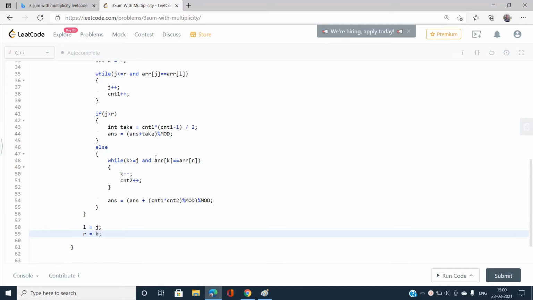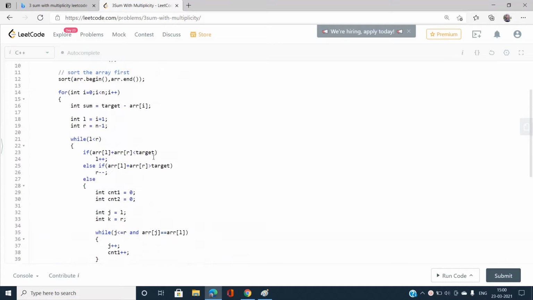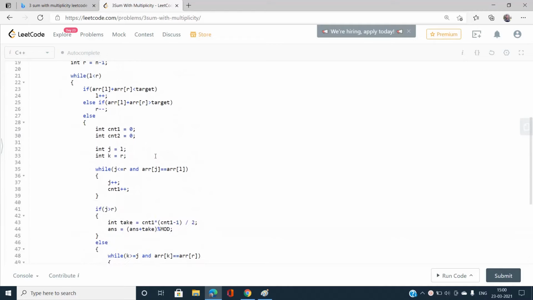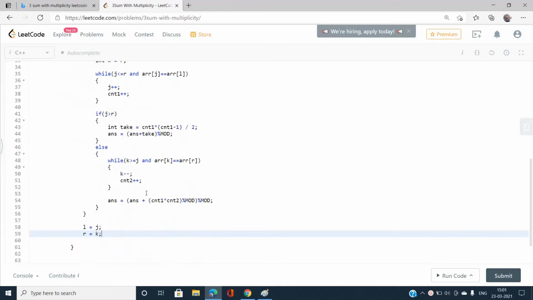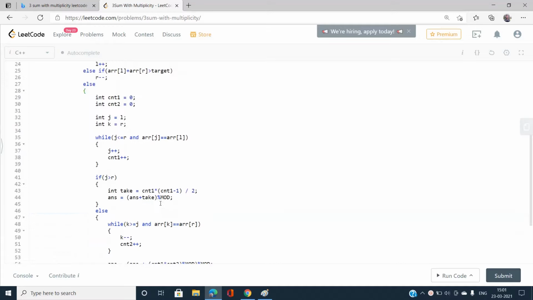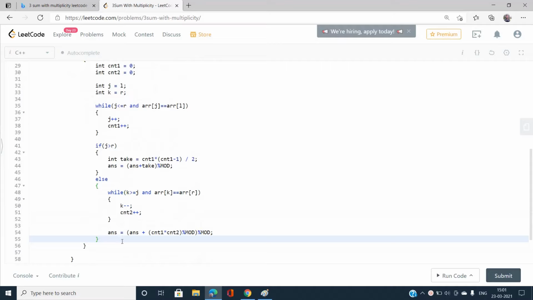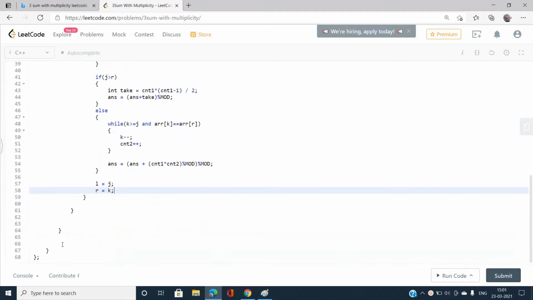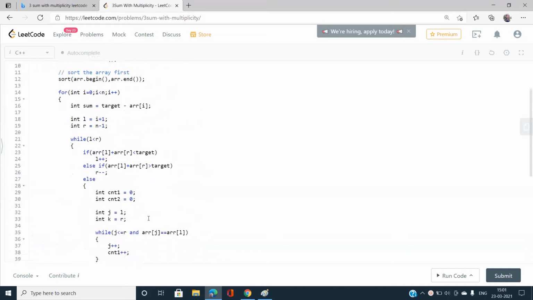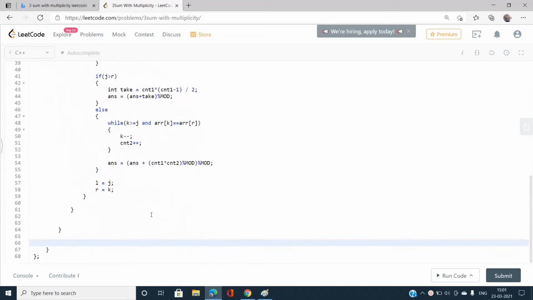I need to write it over here, not elsewhere, because that might go wrong. In this else condition I set L as j and R as k. Yes, this is good. And I should return answer over here. Okay, I think this is good.